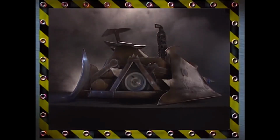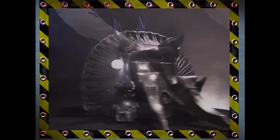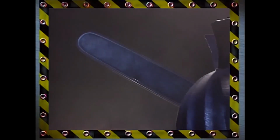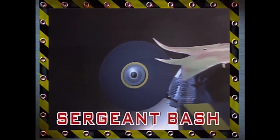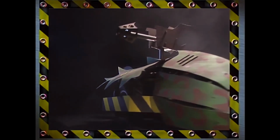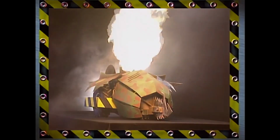two with that sharpened steel axe. Matilda. Prehistoric Matilda's next up, with hydraulic tusks and a truly lethal chainsaw tail, running at over 3,000 revs per minute. Sergeant Bash. Keeping order, Sergeant Bash, featuring a savage circular saw and a flamethrower, certain to leave all opponents